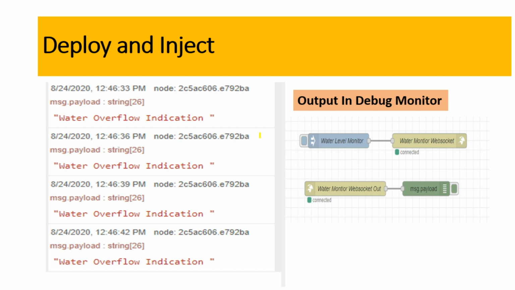So now you just wire it and you just deploy it. After wire and deploy, you could see the water flow indication is displayed in the debug monitor. One important point you could see now, in the water level monitor, the inject node is directly connected with the